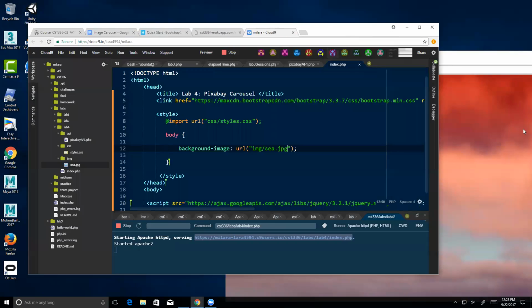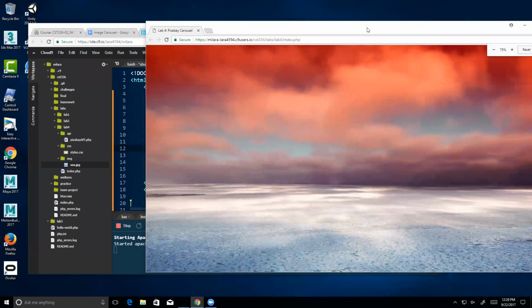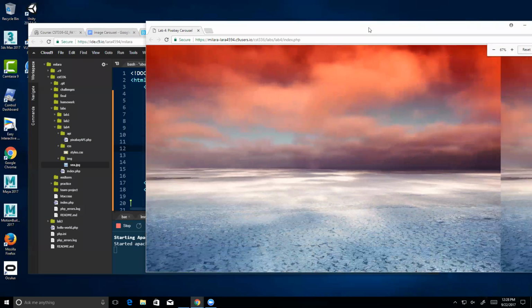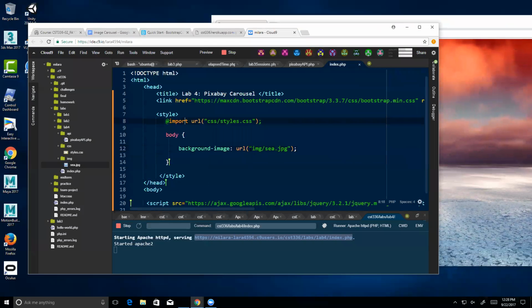Yeah, it did. So we have our background image right here. Of course, every time I refresh this page, it's going to have the same background image. We don't want that. We want a different background image related to the keyword that we are typing. So for that reason, we are going to replace this with a variable, right? So we are going to have a variable called background